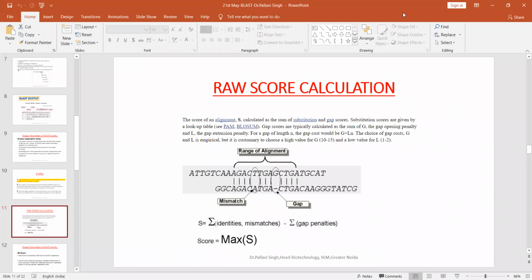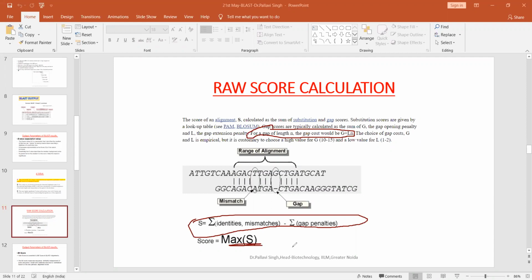Okay, you see here on my screen where exactly we are doing the scoring. I told you that when we insert a gap, the opening penalty will be applied, and for the gap length, if it is an N length gap, you need to consider that plus the extension penalty. And the total score that we take is the summation of the score for the identities and mismatches minus the gap penalties. So after alignment, by using these matrices, if it is a protein, PAM and BLOSUM, I get my score, and the maximum value of the raw score is calculated.